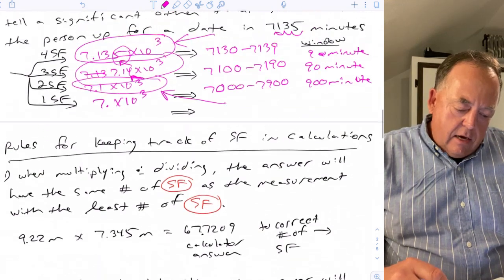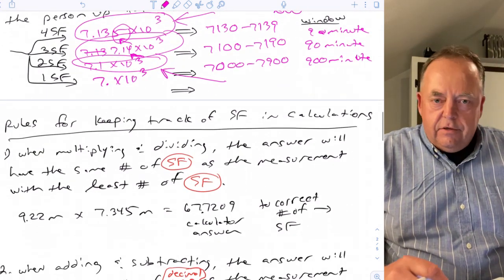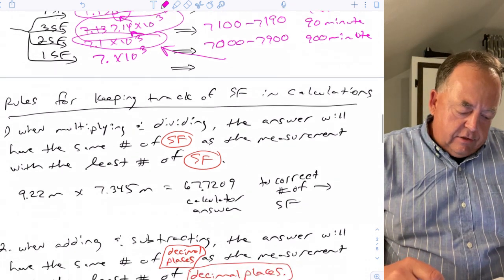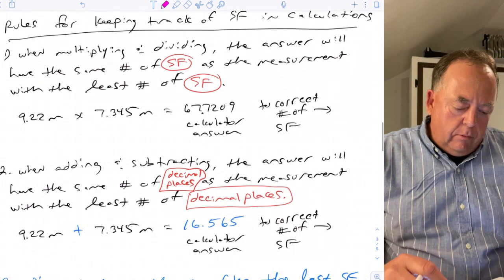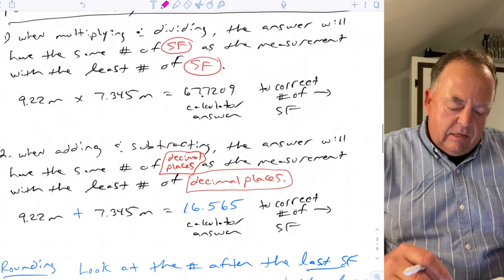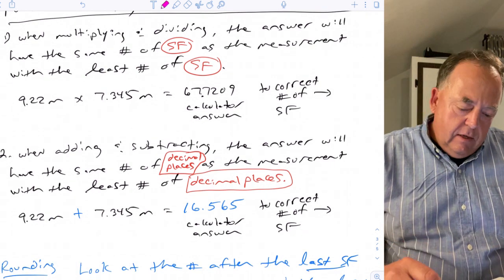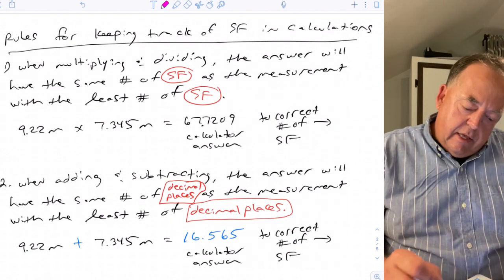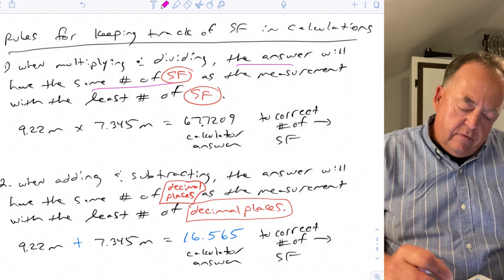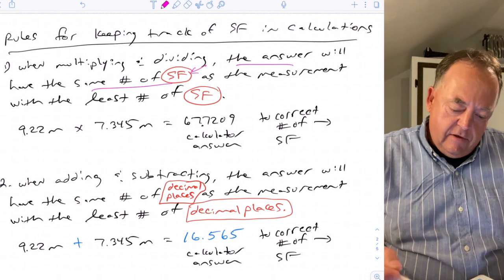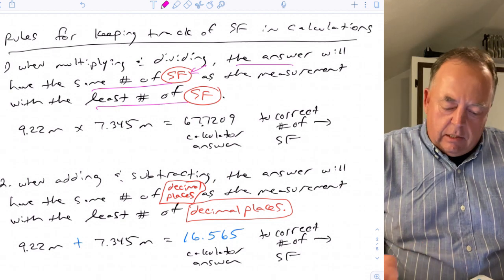Okay, so now that you know how to count significant figures, let's do some calculations and keep track of significant figures. So there are two different rules. When you're multiplying and dividing, that has its own rule, and when you're adding and subtracting, that has a different rule. So when you multiply and divide numbers, then the answer will have the same number of significant figures, so that's the key. Significant figures is what you're keeping track of, as the measurement with the least number of significant